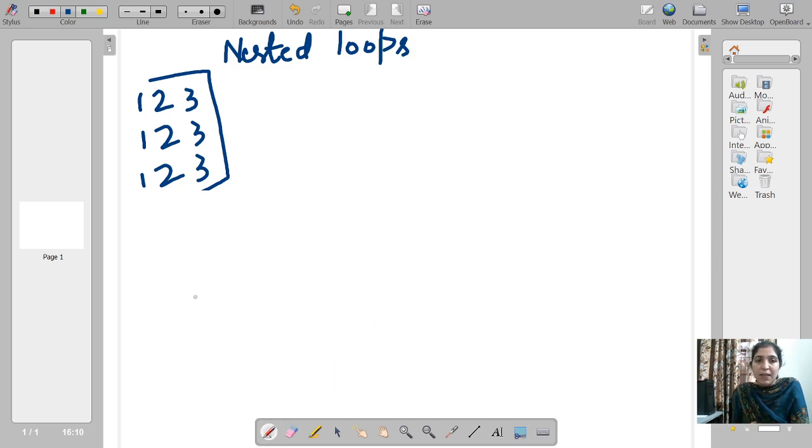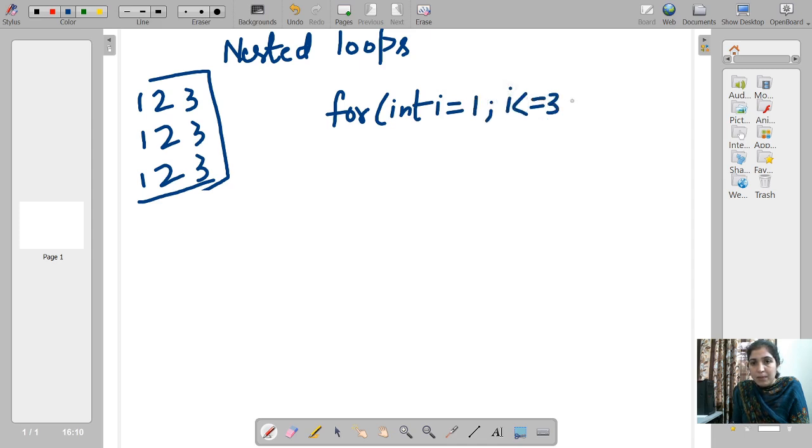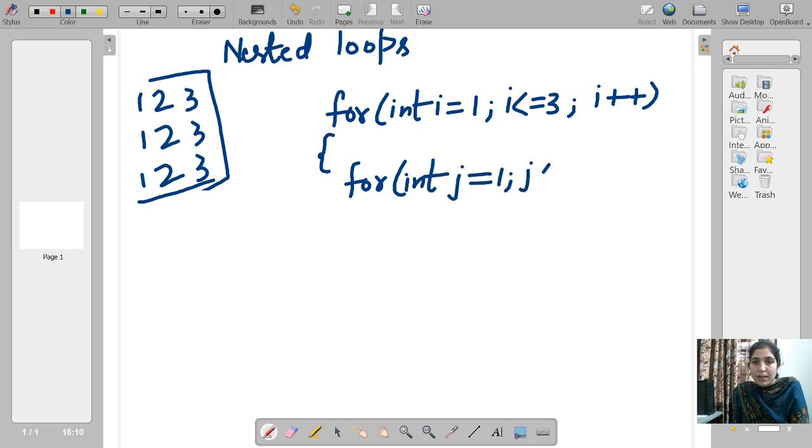Before explaining how it is done, let me write the piece of code which is able to give us this output. The code is like this: for loop variable i equal to 1, i less than equal to 3, i plus plus. This is the outer loop. Inside this outer loop we have another inner loop, int j equal to 1, j less than equal to 3, j plus plus,